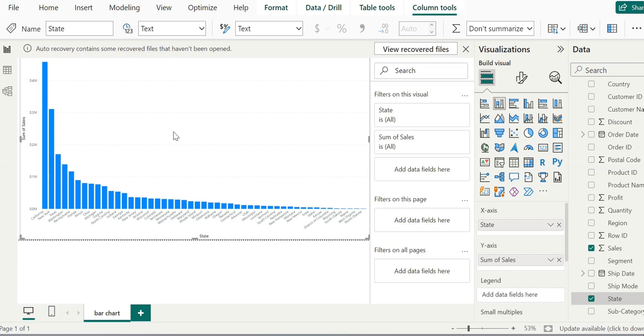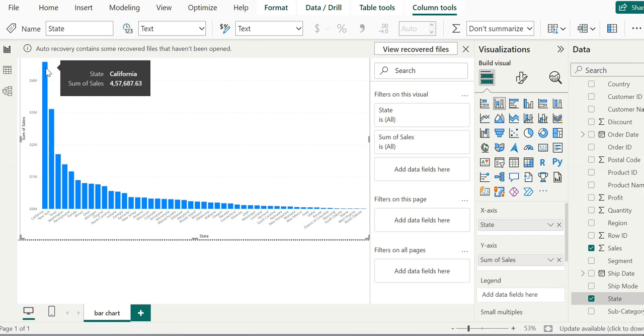So now you can see that it contains only one column per state, and we have added this as a stacked column chart here. On the x-axis we have different states, and on the y-axis we have sales in millions. So this tallest bar corresponds to the state of California.